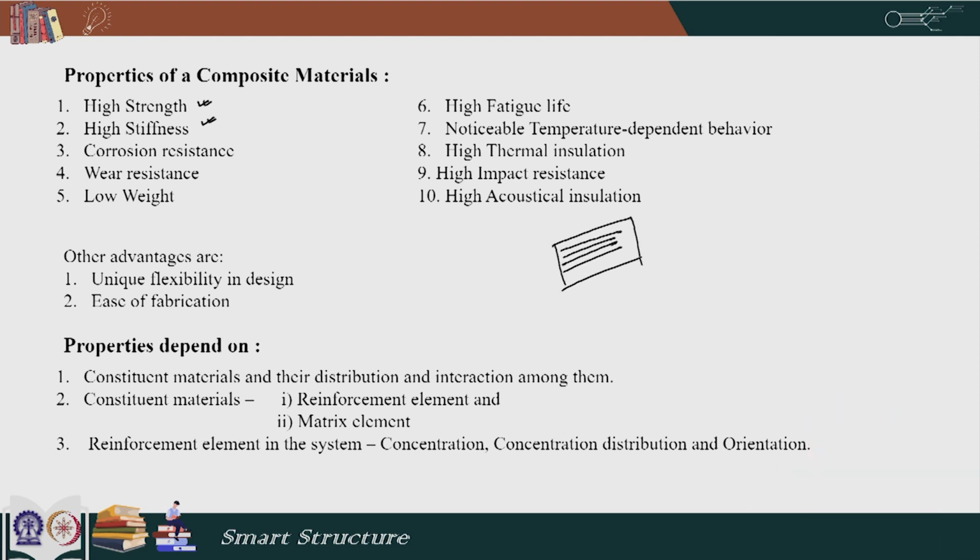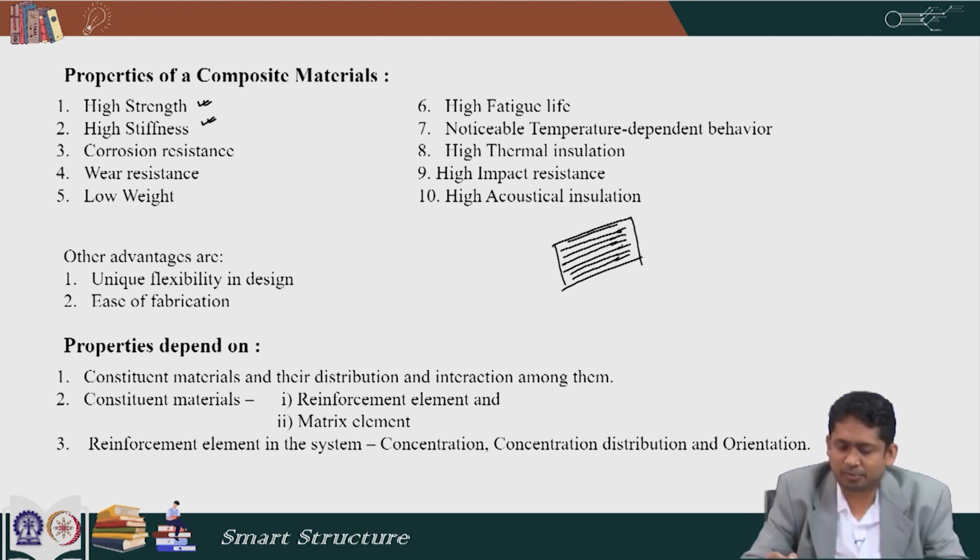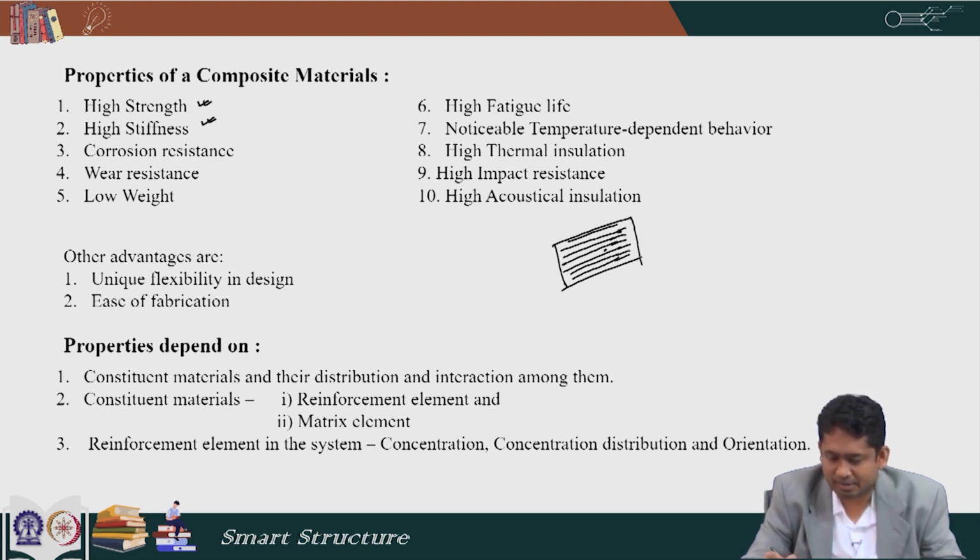We have matrix and fiber laid up. So, if there is a fatigue crack, generally its propagation is arrested by this kind of layup, and they have noticeable temperature dependent behavior. They have high thermal insulation, high impact resistance, high acoustic insulation. So, in applications like stealth, because it has good acoustic insulation properties, composites are widely used,